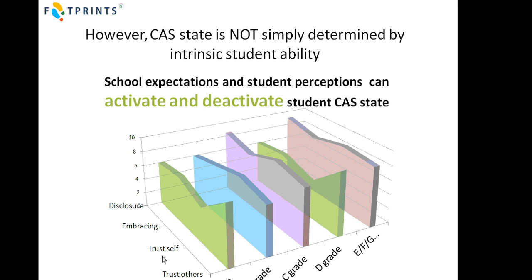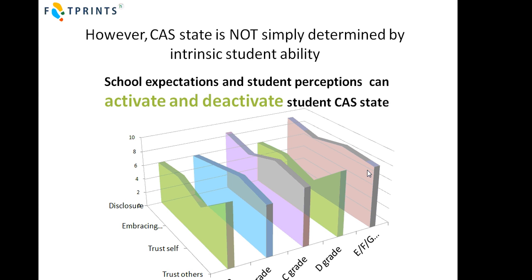This is in a different school, and what we found in this other school is this familiar pattern here in the top grades, predicted grade sets. We found low trust of self, high trust of others in their lessons, and we found that across all schools, in fact, the high set students have predominantly a low trust of themselves and a high trust of others when they're engaging in their lessons. We found that less so with the B grades.